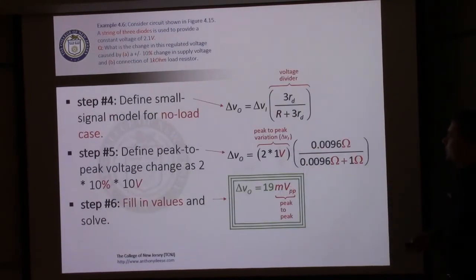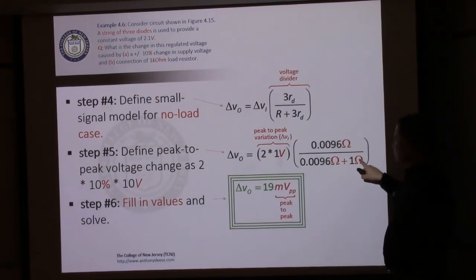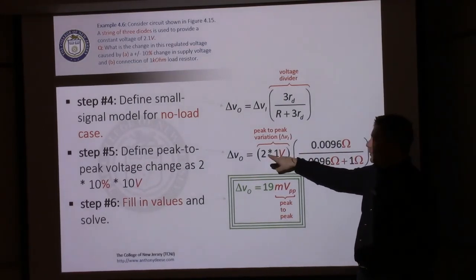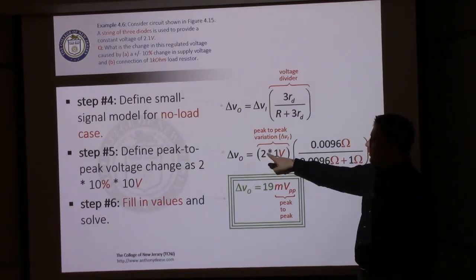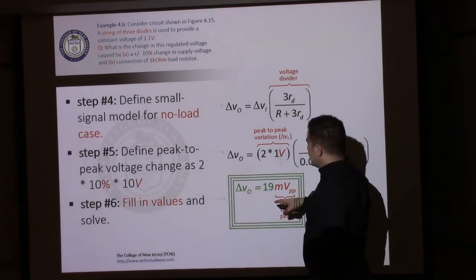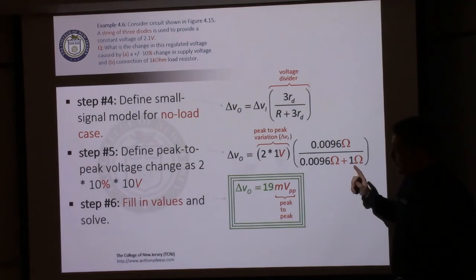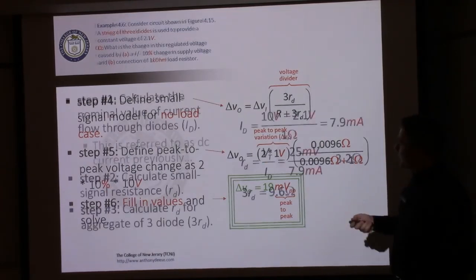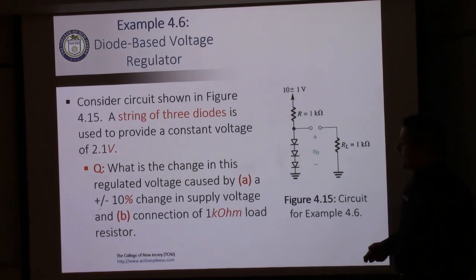So that's what we do. 9.6 ohms over 9.6 ohms plus 1,000 ohms. We multiply that by the peak of the input, which here, instead of using amplitude, we're using peak to peak, so we're going to multiply it by 2. So 2 times 1 volt times the voltage divider gives us a peak to peak ripple in the output. A peak to peak ripple seen right here of 19